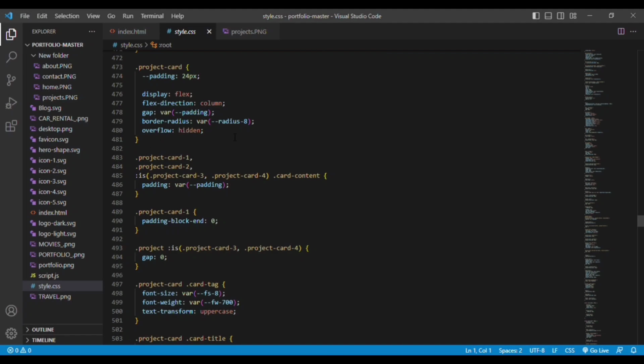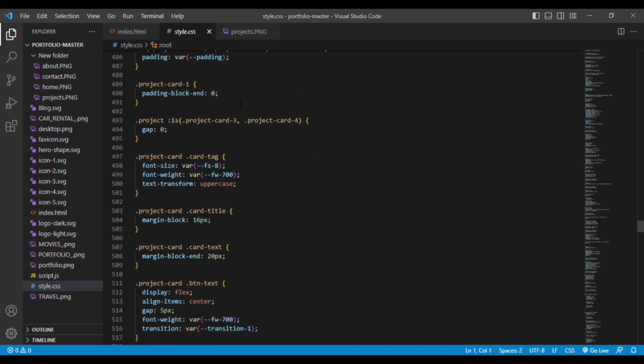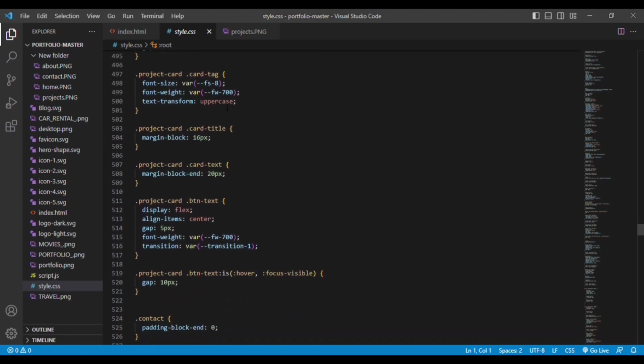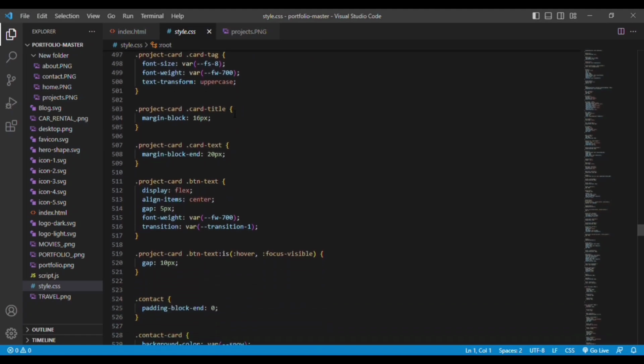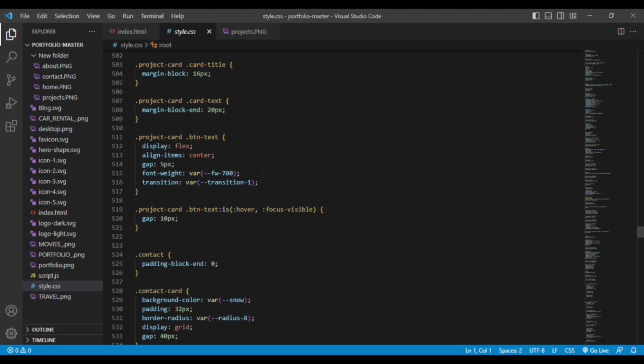And for each and every card, that is for the card 1 and card 2, we are adding padding, and for the card 1 padding block end is 0, and for the project gap is 0. And card tag, card title, we are adding the margin and font values to it. You can see that next we have the project button text. For that we are adding display flex, align items is center, gap is 5 pixel, font size and transition is given to it. For the button,